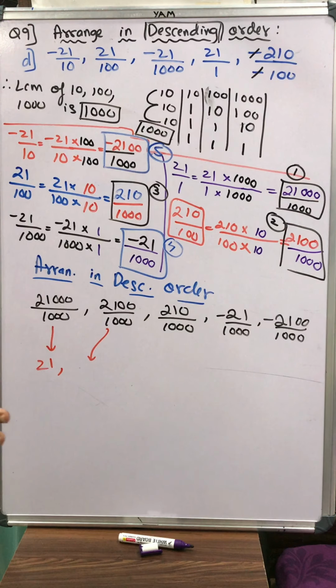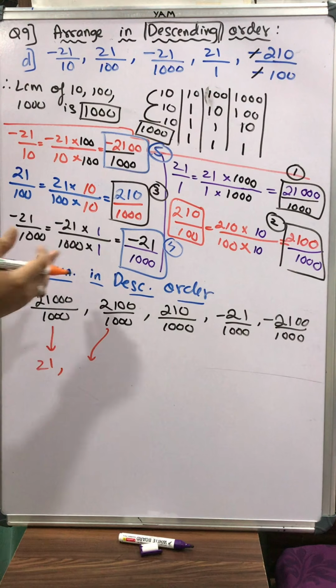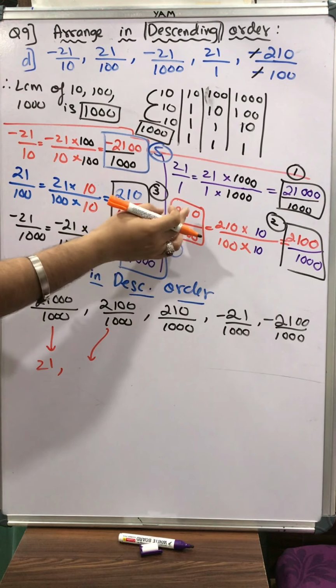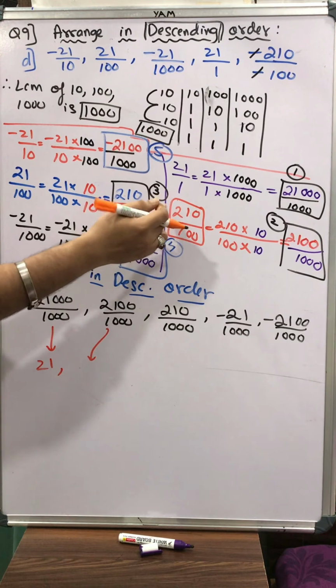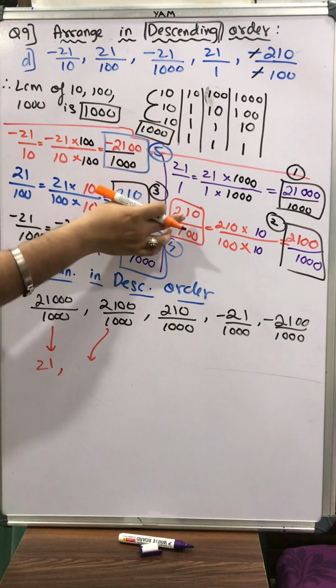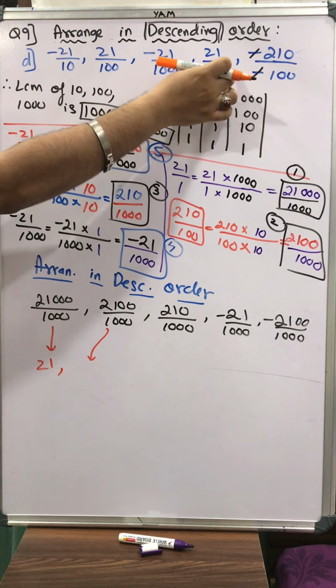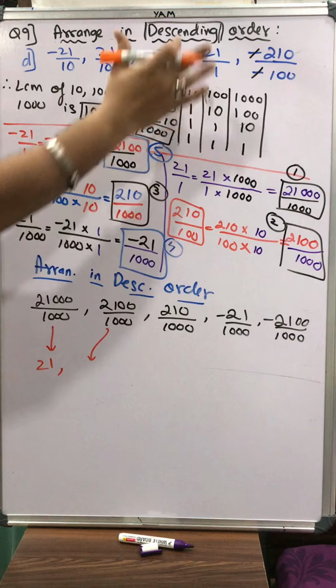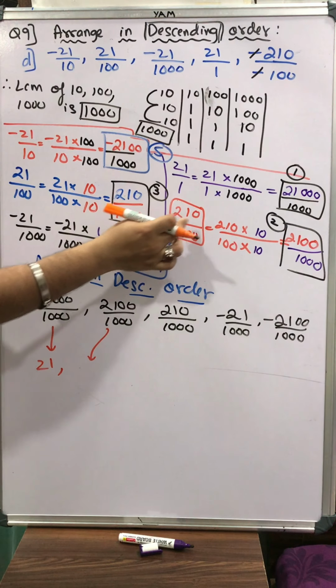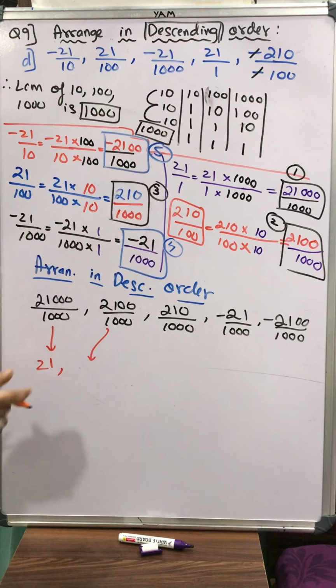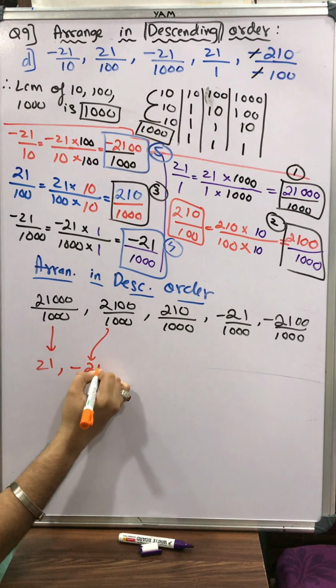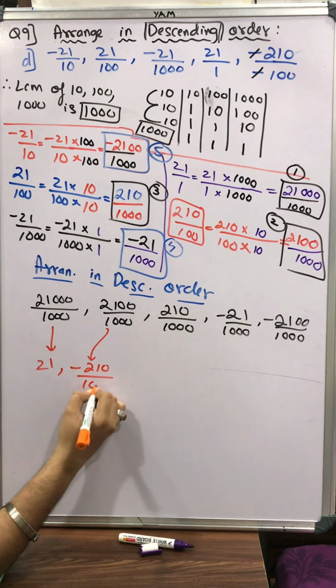But don't get confused that suddenly how minus came ahead of a positive number. No, it is actually positive. Its impact is positive because we have minus in numerator and denominator, which we already cancelled in the very first while writing the question only. But we have to write in the original form. So I'll not write 210 upon 100. I'll write with the negative signs. So I'll write here minus 210 upon minus 100.